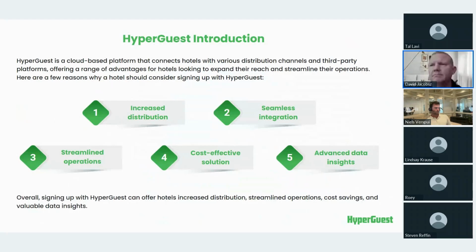One of the main reasons would be to increase your distribution. And this is what we want to try and achieve as hoteliers. Whether you're a guest house, big chain, resort, it doesn't matter. We want to increase your distribution. So having that one channel with a great channel manager like RoomRaccoon, and being able to distribute and expose your property to multiple channels globally. And that is why you want to sign up with somebody like HyperGuest.